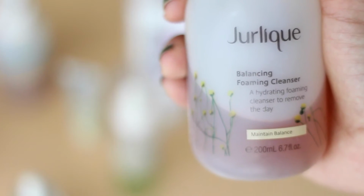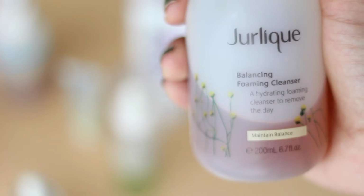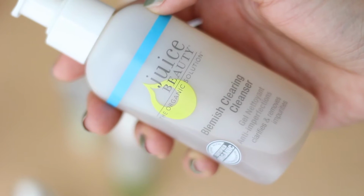And after my oil cleanse, I'll go in with a foaming cleanser. I have two that I'm using right now. This is Jurlique Foaming Balancing Cleanser, and I'm also using the Blemish version from Juice Beauty. The difference between these two, even though they look extraordinarily similar, is that this has lemon in it, so if you have any open blemishes, prepare yourself because it stings like a...